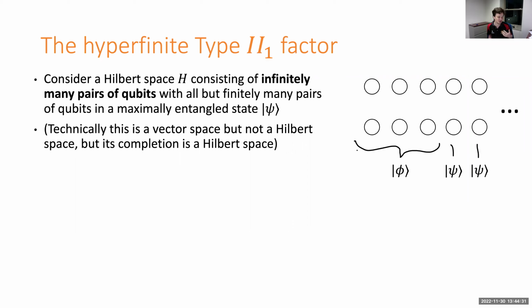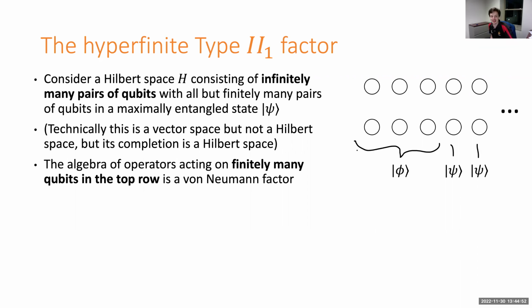So that's fine. It's just like the fact that the square root of 2 is an irrational number, and you deal with it in exactly the same way that you deal with it for rational numbers. You take what's called the completion of this vector space, just like the completion of the rational numbers to the reals. This completion is a Hilbert space. So don't worry about technical details, but that's what you do.